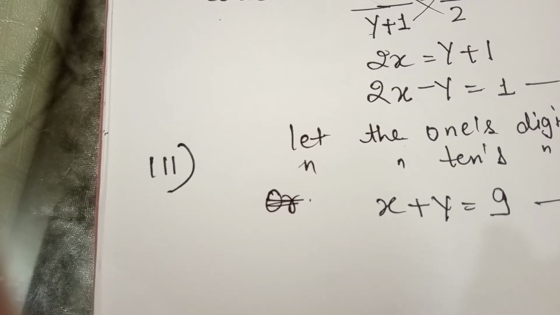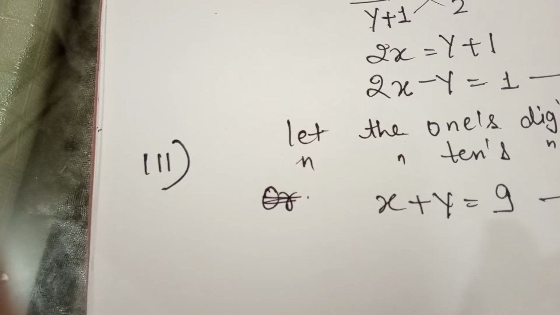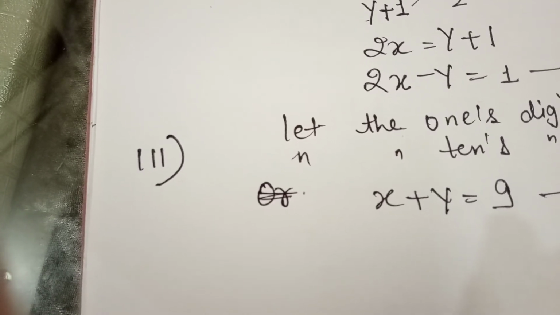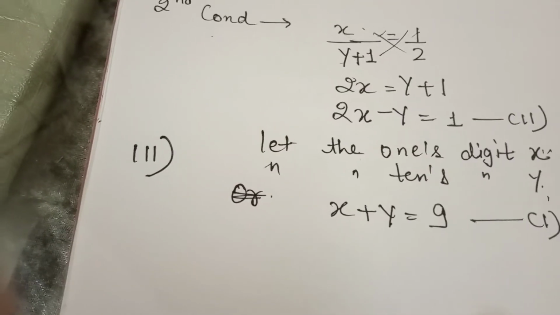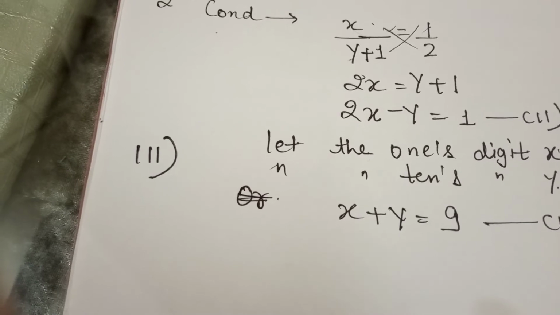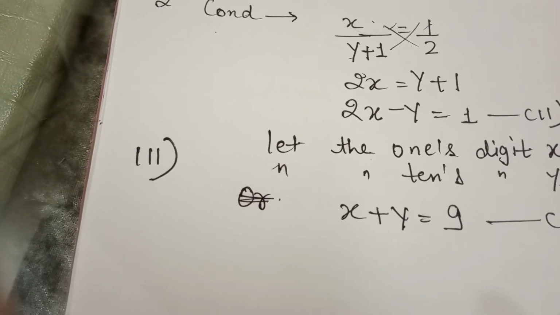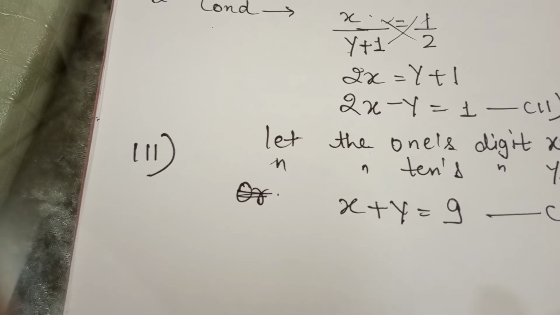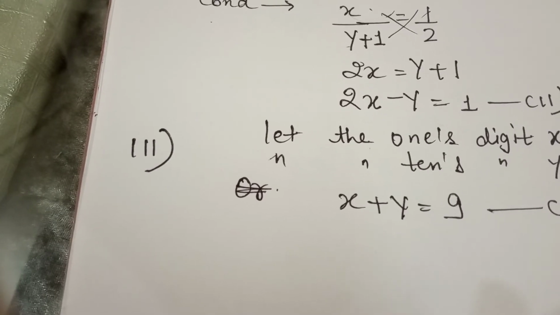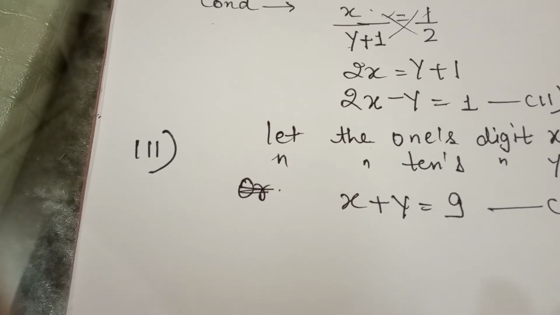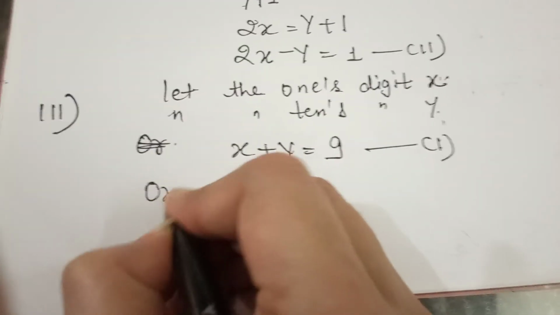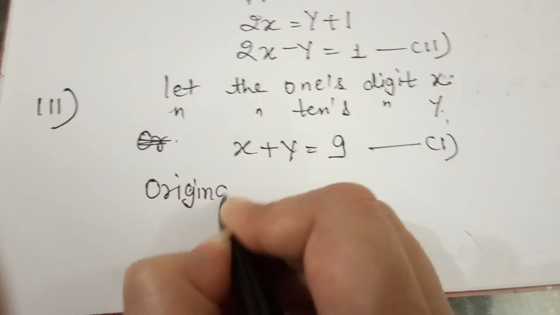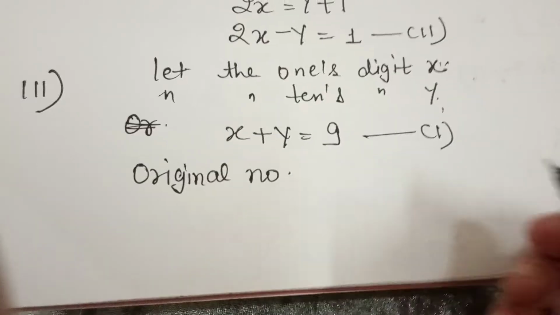Also, 9 times this number is twice the number obtained by reversing the order of the digits. Means they are asking first to make the original number and the new number, because the question is 9 times the original number is twice the number obtained by reversing the order of the digits. So first we will make an original number जो अभी है इन digit से जो number बनेगा. कैसे बनाते हैं original number? What is the formula?